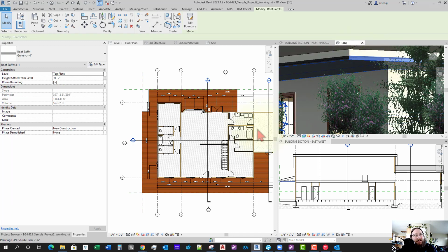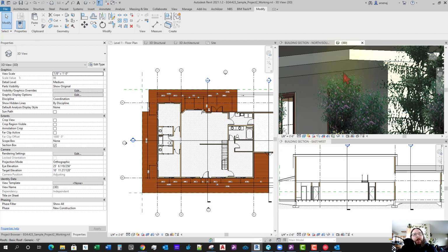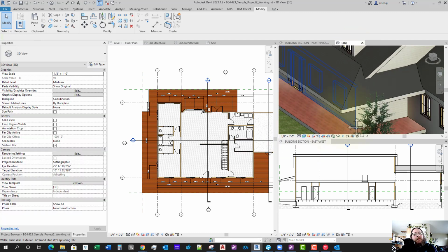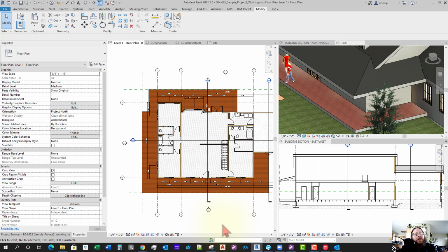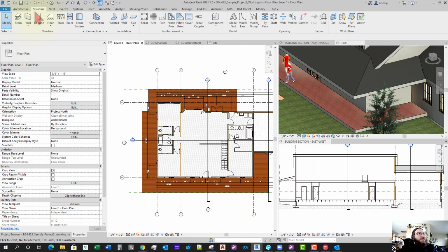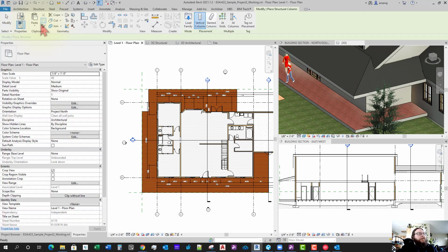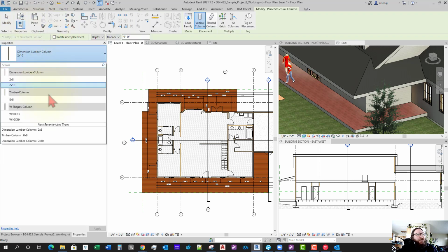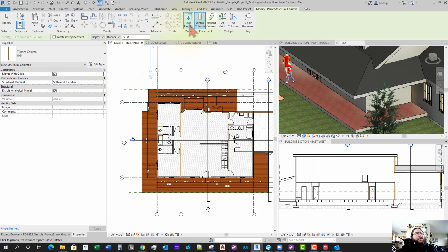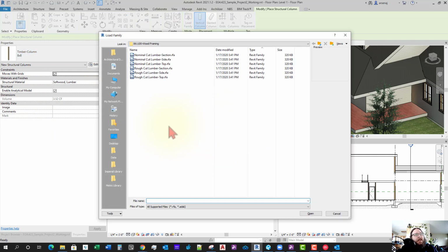And yeah, so I'm going to actually delete something else here so we can do this later. So to make the beams for the columns for your deck, you would go to structure, column, and then you're going to load whatever column that you would want to use. So I'm going to use an 8x8 timber column. And so I loaded that from the load families and